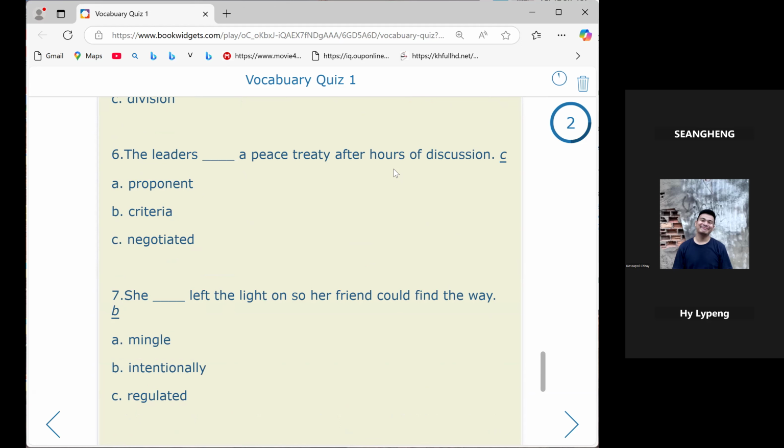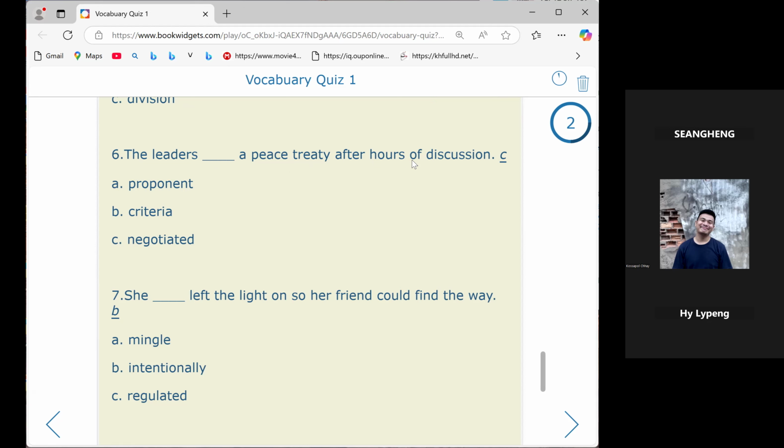I think we wrap it to: the leaders discuss a peace treaty after hours of discussion. After what discussion? Maybe discussion on